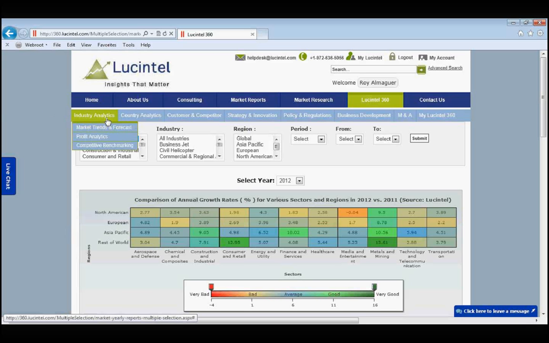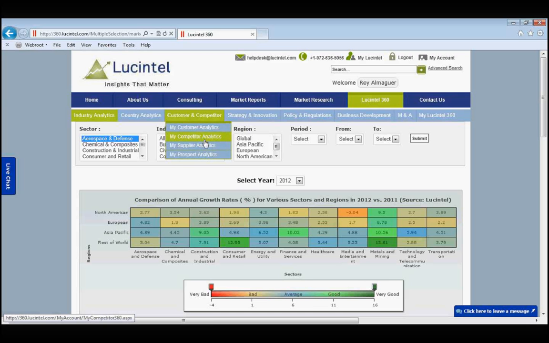Under Industrial Analytics, you'll be able to look at market trends and forecasts, profit analytics, company benchmarking information. In terms of country analysis, you'll be able to break that down by country and regional. When we look at my customer and competitors, this information will be strictly for you and the team. No one else will have access to this information, but you supply us with your customers, your competitors, your supplier, and your prospects. We grab information on them and upload them directly into your portal,